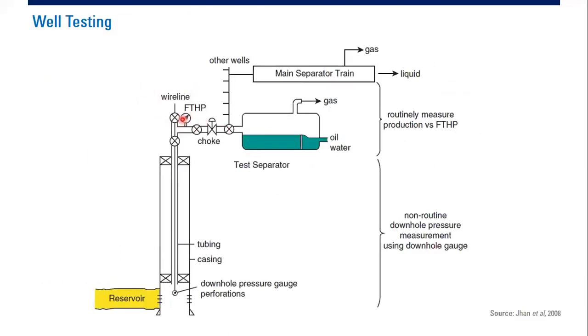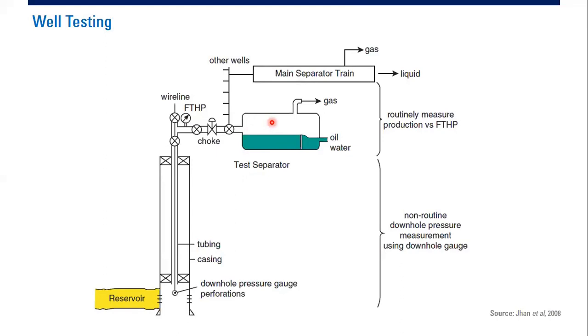And we can also get information regarding flowing tubing head pressure or well head pressure. Then of course we usually have a choke and then flow line, but the most important part of this measurement is the test separator. In the test separator we have meters: a meter for the liquid and a meter for the gas. For example, to measure the liquid flow rate, we use a turbine meter, or Coriolis meter, or ultrasonic meter. For the gas flow rate, we can measure with an orifice meter. But we want to measure the flow rate.